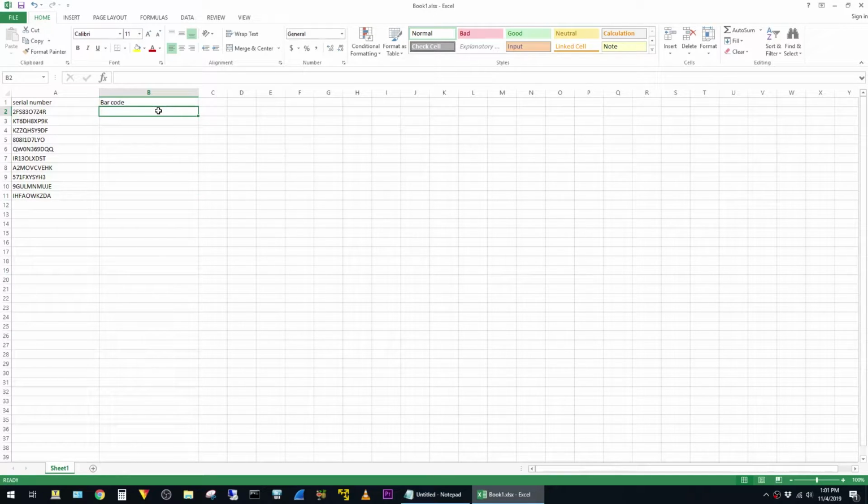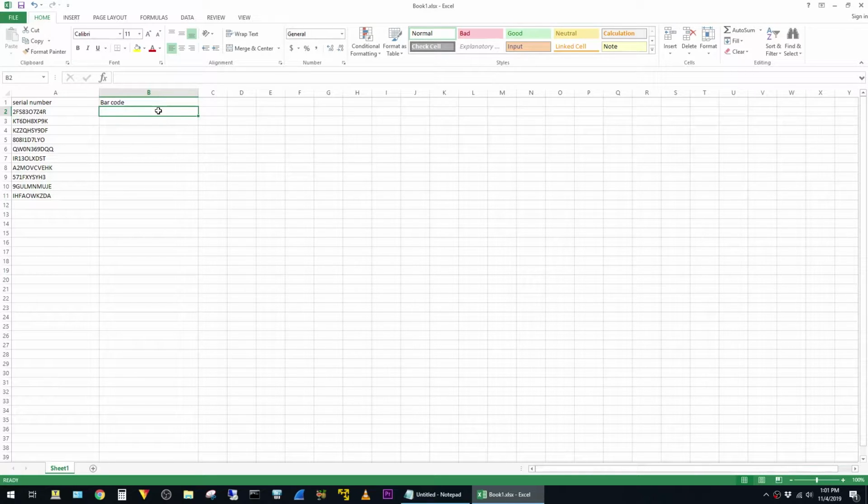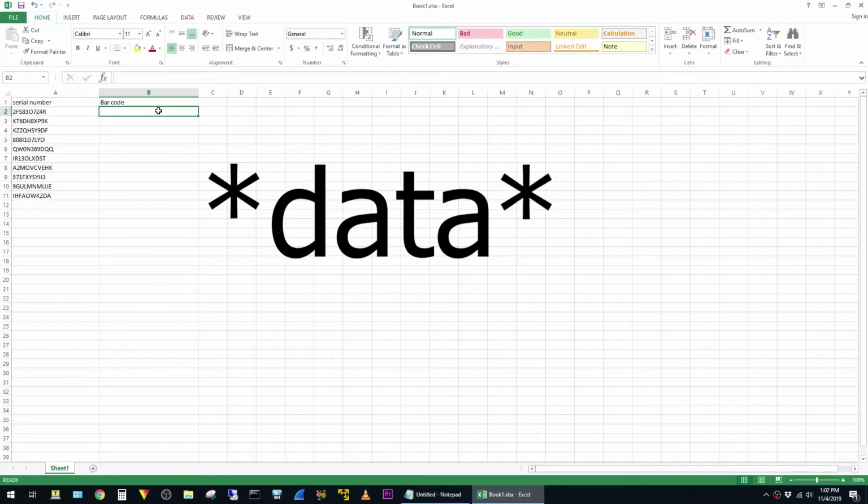If you want these barcodes to be readable by a handheld scanner, we just have to do something special to get them to be recognized. It's pretty easy. All we have to do is add an asterisk to the beginning and the end of the text. The barcode reader uses the asterisk as a start and stop character, so this tells it where the data